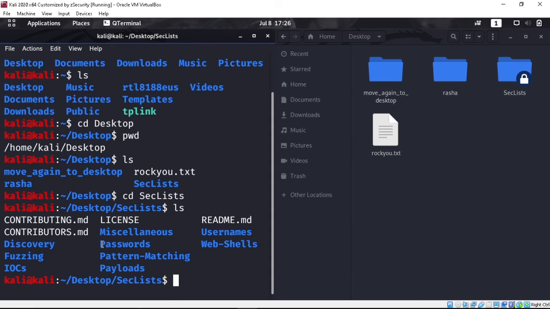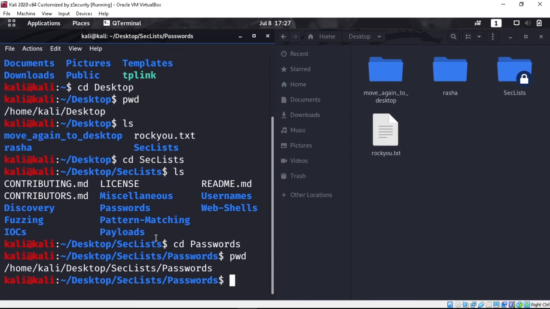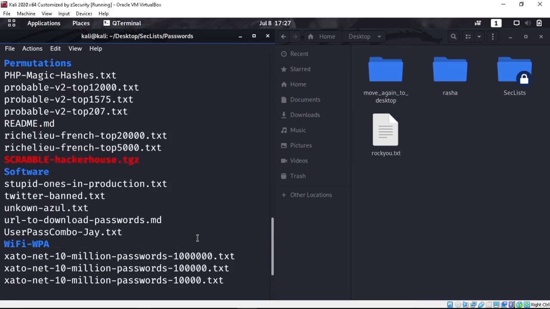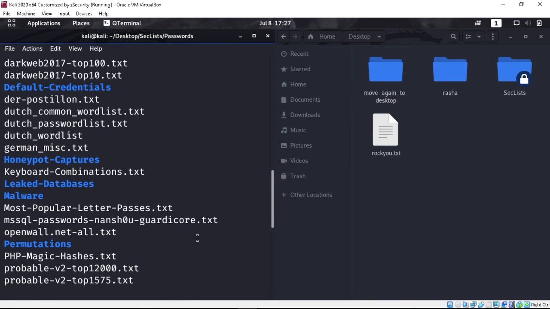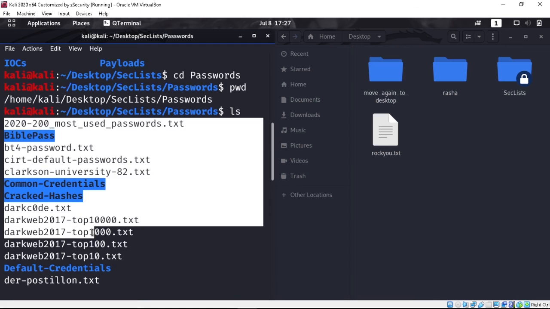So if you want to go to the passwords directory, you will do the same, cd passwords. By ls I have listed the files that were in the setlist directory. And now by doing pwd I can check my working directory, and by doing ls I can see that the password and passwords files and directories are there. So these are the files and directories there,